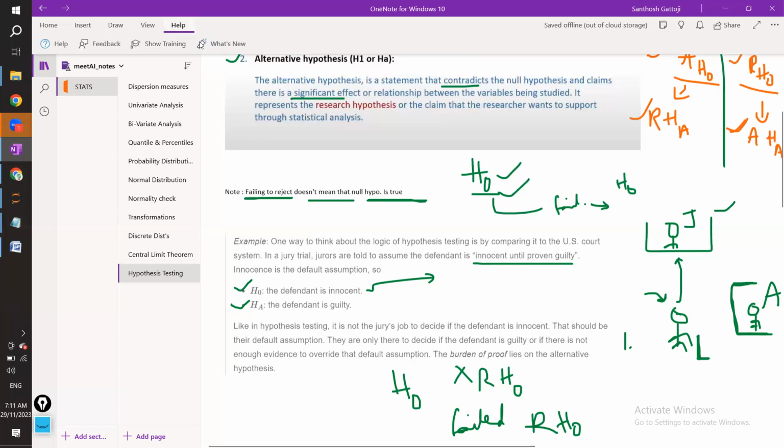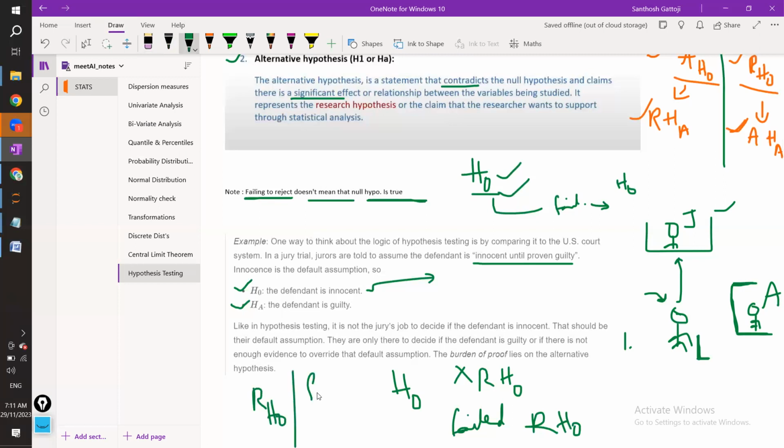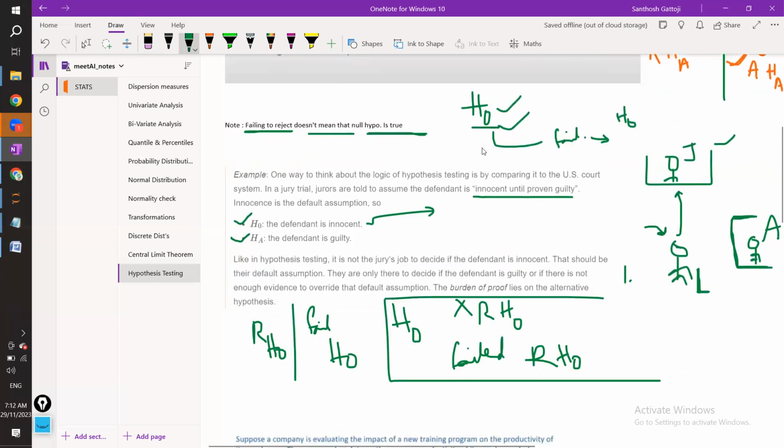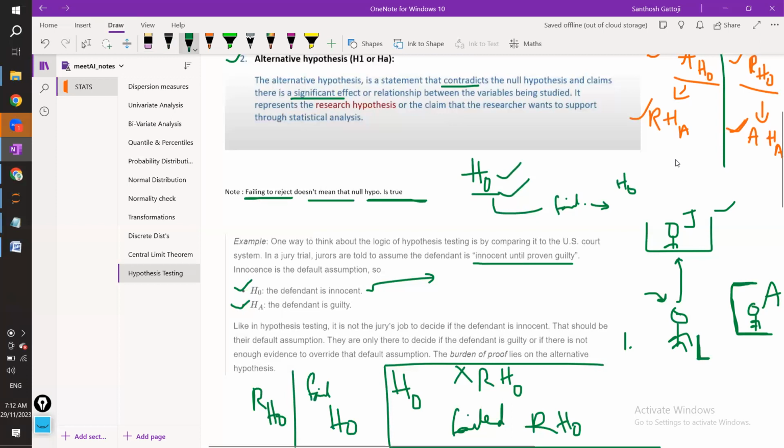See, there will be two scenarios: whether you are rejecting the null hypothesis or you have failed to reject the null hypothesis. Okay, you have failed to reject the null hypothesis. Fine. So usually we do this. So you might think one is accepting null or rejecting null. That is one point. But here the scenario